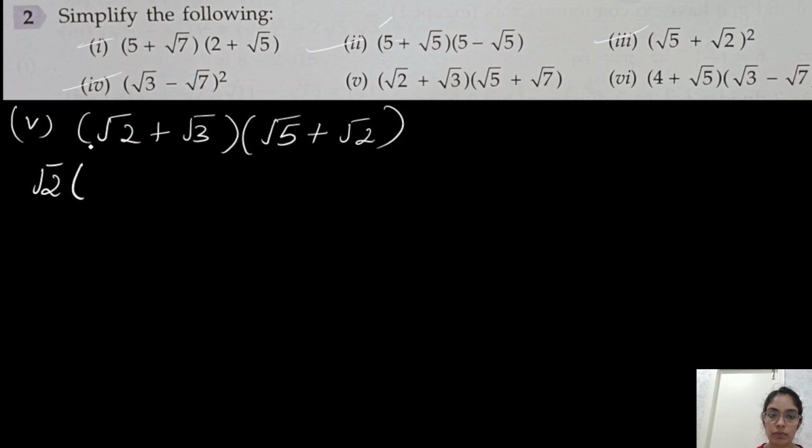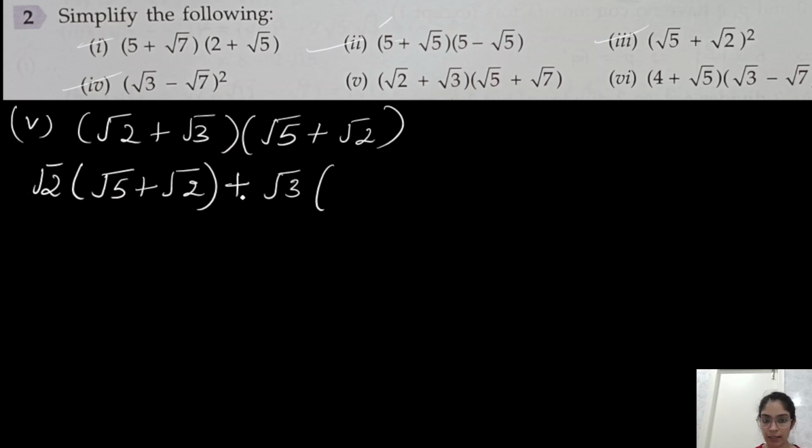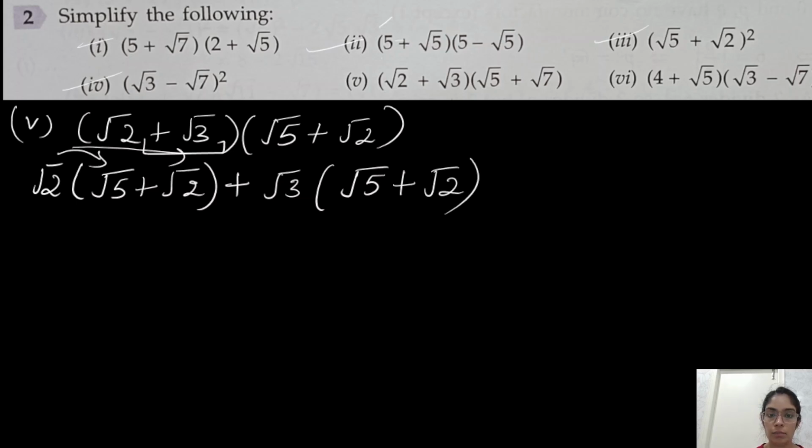So we have to do multiplication. First term of the first bracket I am writing, then the full second bracket, square root of 5 plus square root of 7. See, first term of the first bracket, then the full second bracket. Then along with the mathematical operation, I have to write the second term of the first bracket, then again the full second bracket. Then we can multiply like normal multiplication, but the number written outside the bracket we have to multiply with both the numbers.